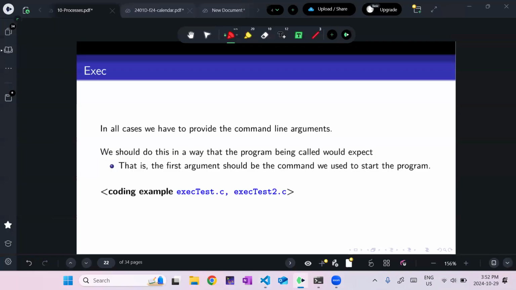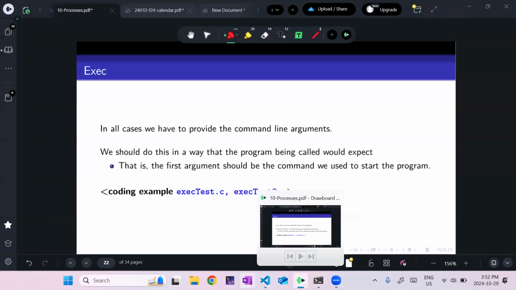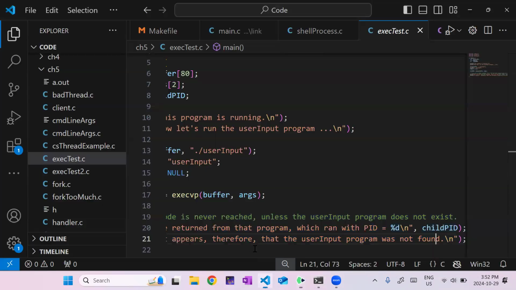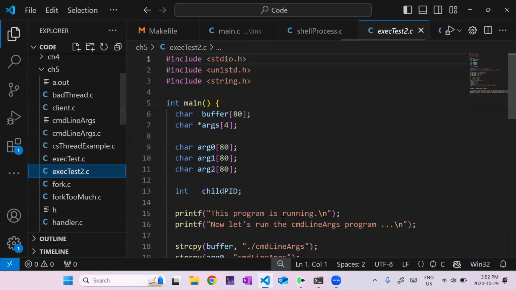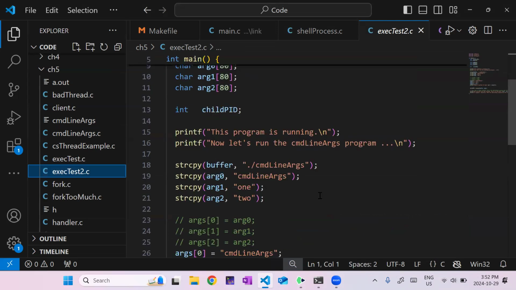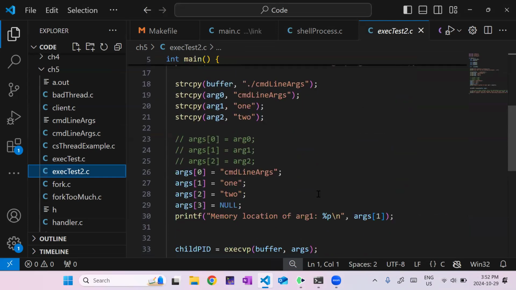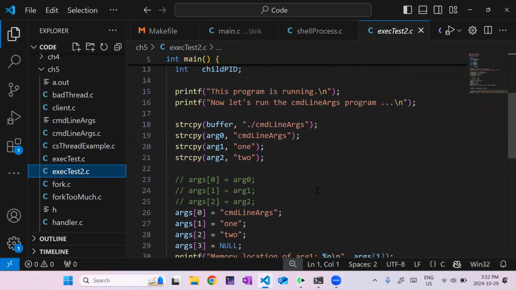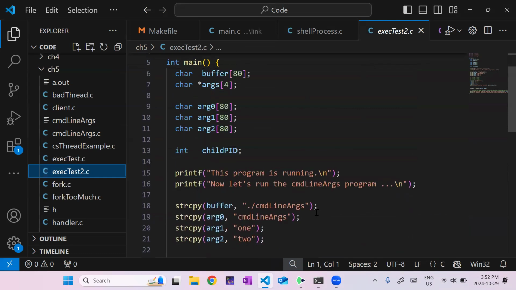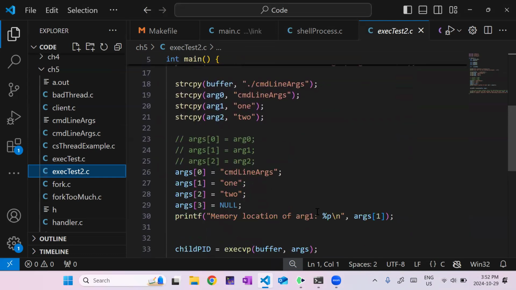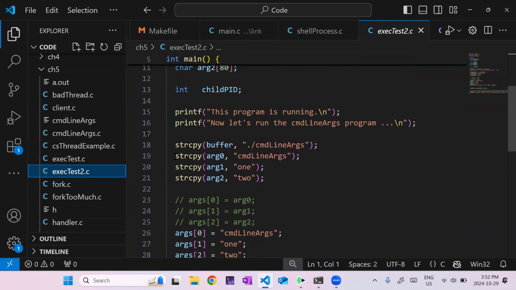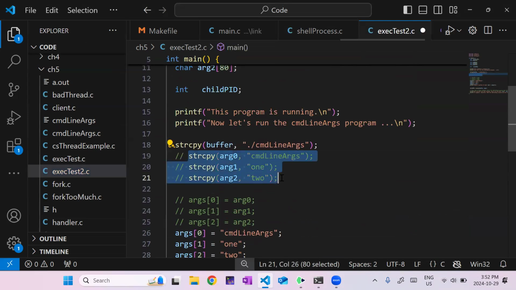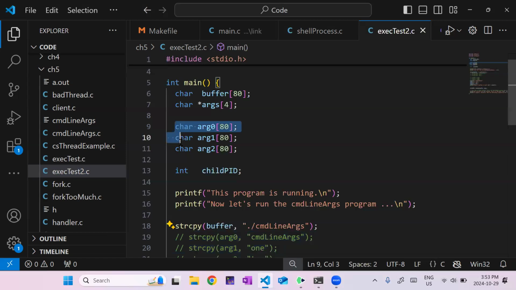Okay. Oh, exec example 2, I think we do something a little fancier. We actually give it some command line arguments here, right? Let's just ignore this stuff and ignore this.